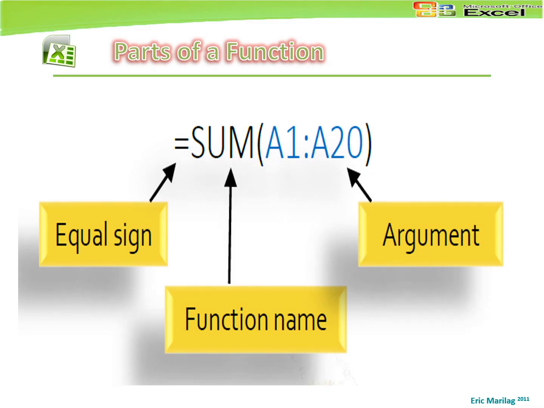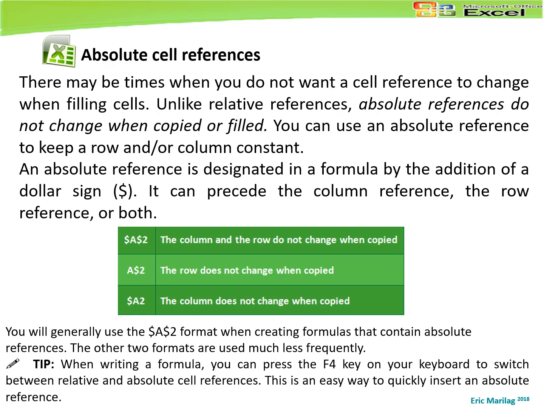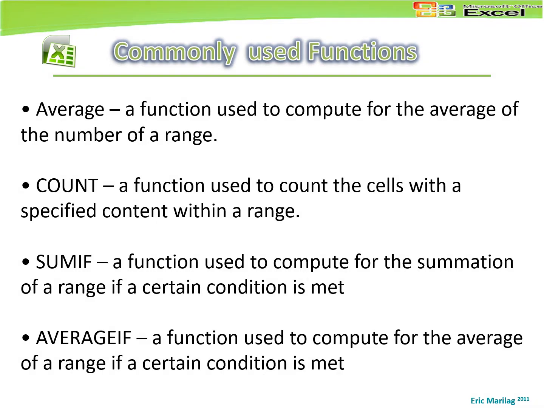Functions. So we have these parts of a function: the equal sign, the function name, and the argument. Arguments refer to both individual cells and cell ranges and must be enclosed within parentheses. So you can include one argument or multiple arguments depending on the syntax required for the function. So we have this example. So here are some commonly used functions. You have the count, sum, if, average,